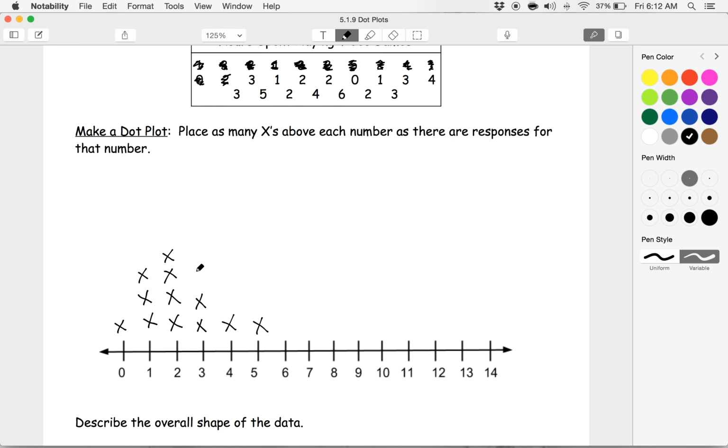We have 3. Another 1, 2, 2, 0, 1, 3, 4, 3, 5,